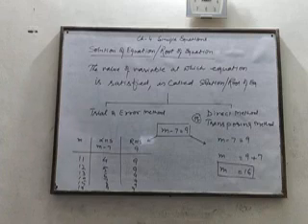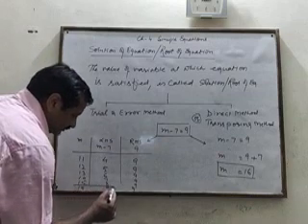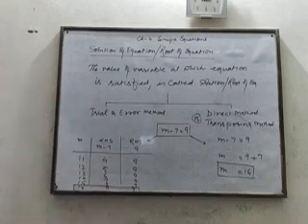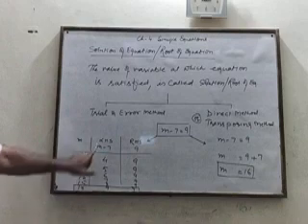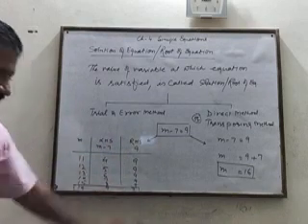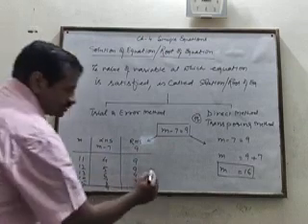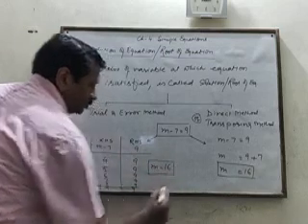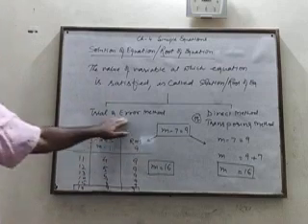So what did we see? We have seen that at m equal to 16, our left hand side becomes equal to right hand side. So the value of the variable at which the equation is satisfied, that left hand side becomes equal to right hand side, that is our solution. So m equal to 16 is our solution. So this is how we do it in trial and error method.